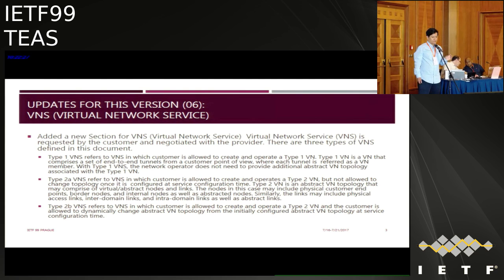What type 1 virtual network means is a virtual network that comprises a set of end-to-end tunnels from the customer perspective. So there's no interaction with the topology or IETF tunnel from that perspective. Customers just have their endpoint and then they request service like a BOD-like, but it's a set of end-to-end tunnels. And type 2 VNS is the most interesting one, which refers to the service that operates based on type 2 VN,